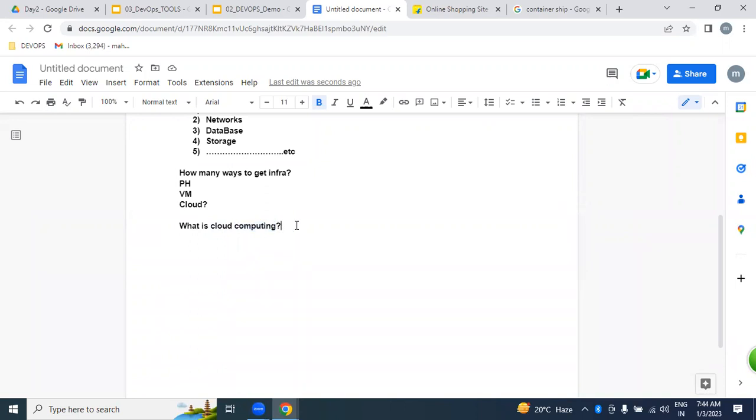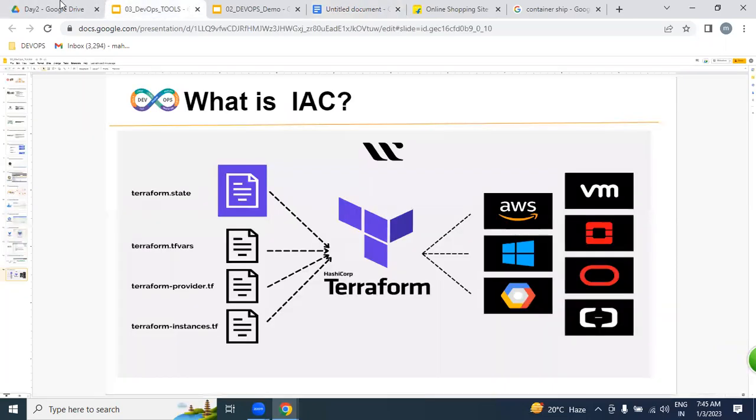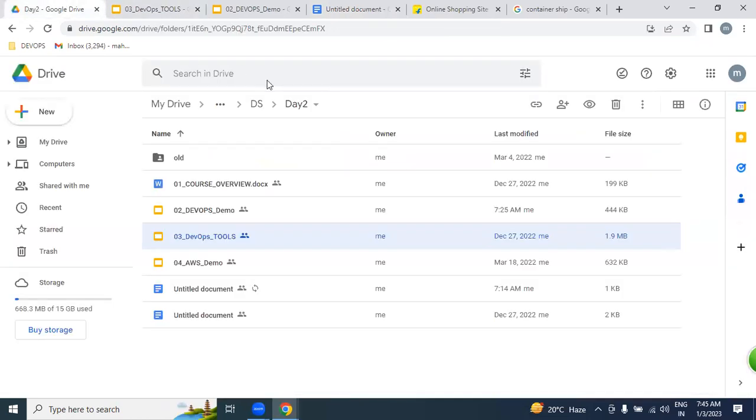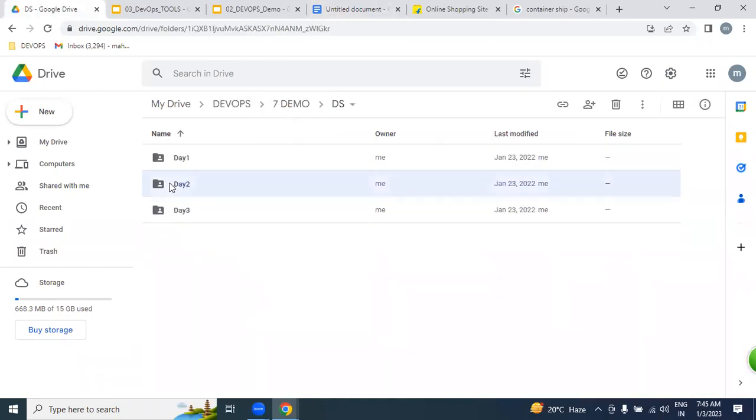Simply, if you ask me for the definition, remote resources that you can access over the internet from your laptop is nothing but cloud compute.